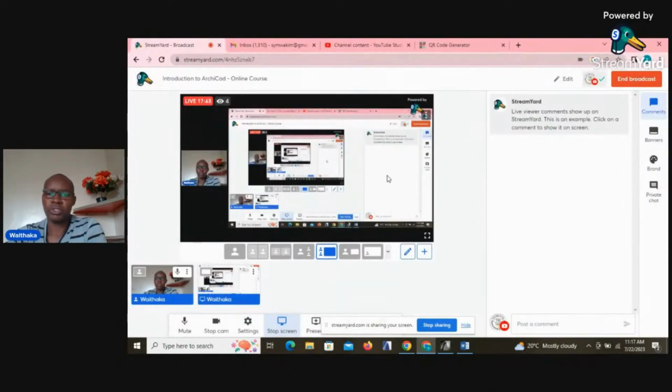So then when we talk of ArchiCad, we want to see how we launch ArchiCad software, and how we start off drafting using ArchiCad. So therefore, I'll just launch a new ArchiCad so that we see how it behaves and some of the settings that we need to observe in the initial startup process